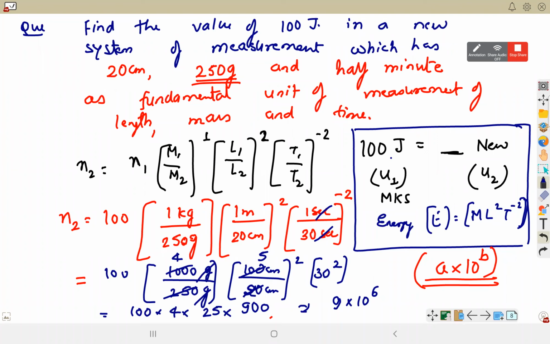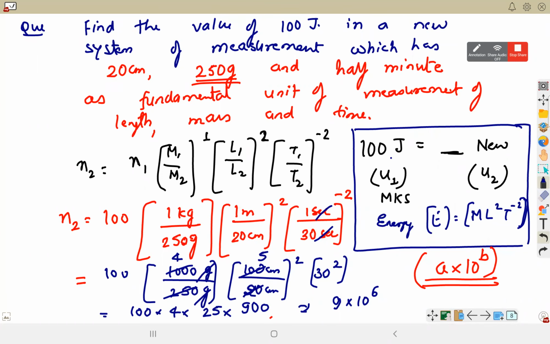Okay, got it. Yes, sir. Everybody got this answer? किसी को डाउट हो मैं फिर से कर सकता हूँ. Okay, let's do one more example then of the similar type of new system of unit. बेटा किसी को डाउट, ये आंसर आ गया सबका? Yes, sir.